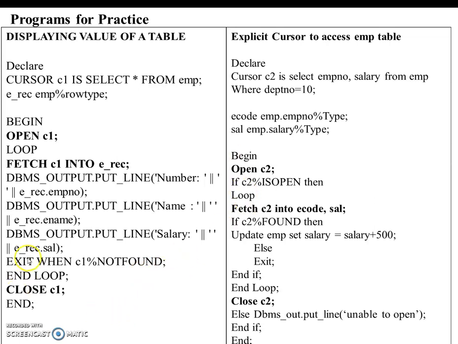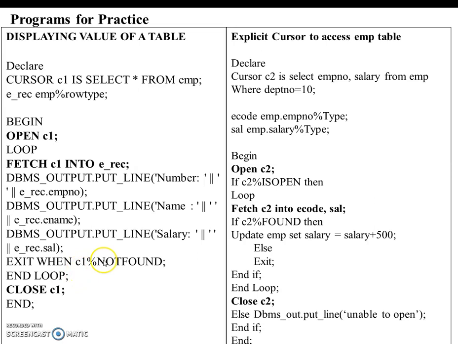But if not found, then I must exit by using the statement EXIT WHEN. So if I put EXIT WHEN C1%NOTFOUND, it will exit the loop. Here C1 is your explicit cursor C1. If I had used an implicit cursor, then I must write the SQL keyword here.